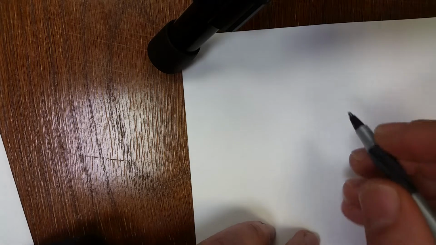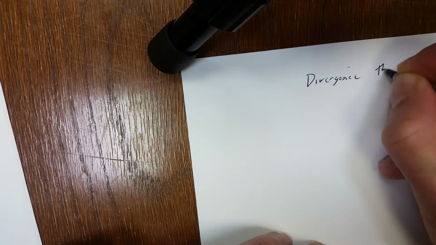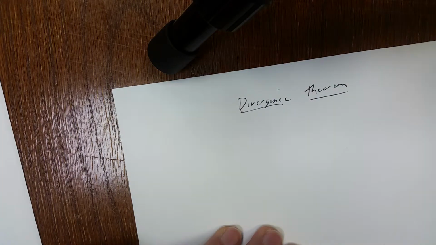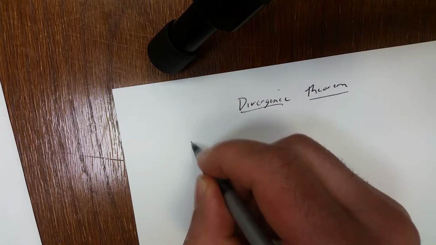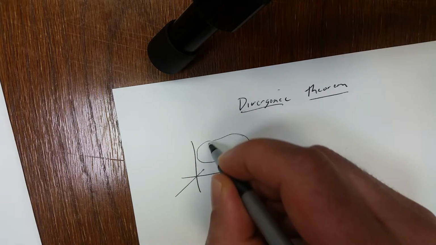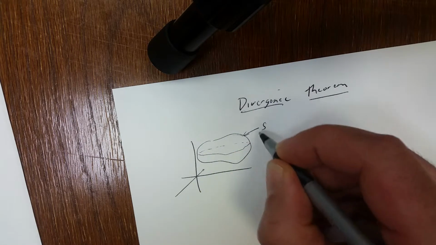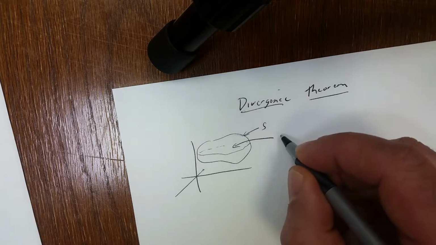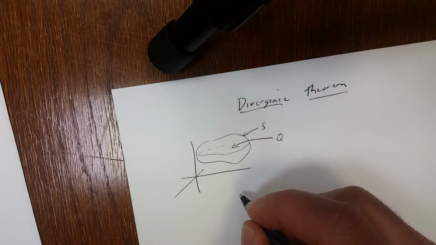Okay, let's start with the divergence theorem. So recall the divergence theorem is this. Basically, if you have a surface S, which bounds a region Q, a three-dimensional region Q, we have the following. The double integral over S